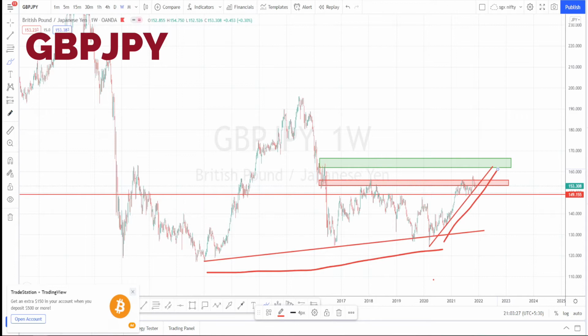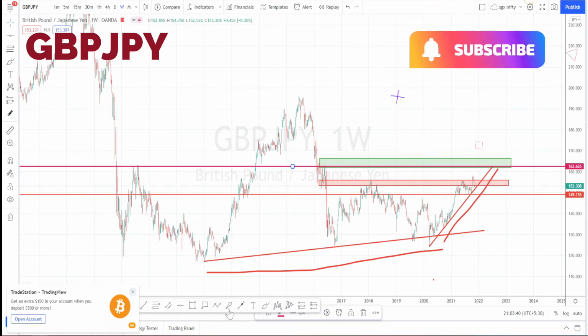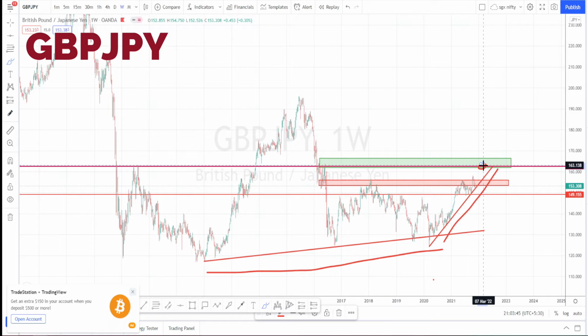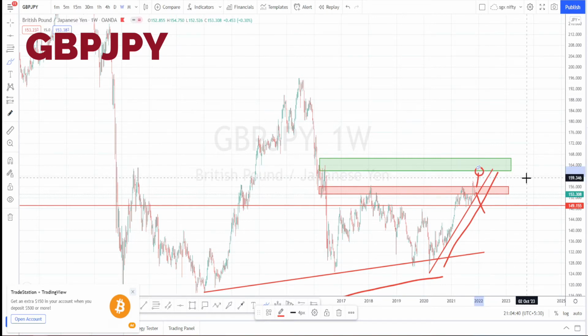So when we see how far it can go on the uptrend, we already know this. This was the maximum level it has gone. So I've drawn a resistance area also based on this previous resistance level. So I'm expecting the current price action to go up to this level and test this resistance over here and a trend reversal to happen. As long as the price action doesn't break this support level, we can expect the uptrend to continue and test this resistance level, which is around 161.712. Let us do the analysis in daily time frame.